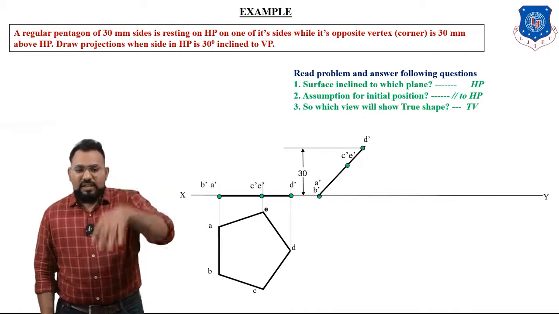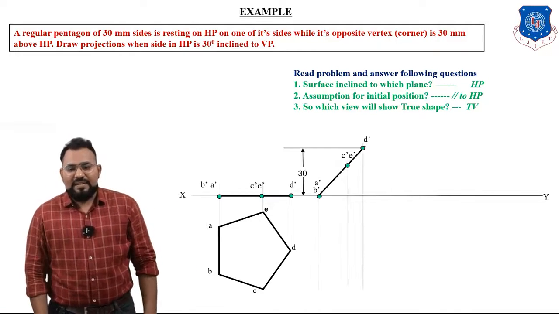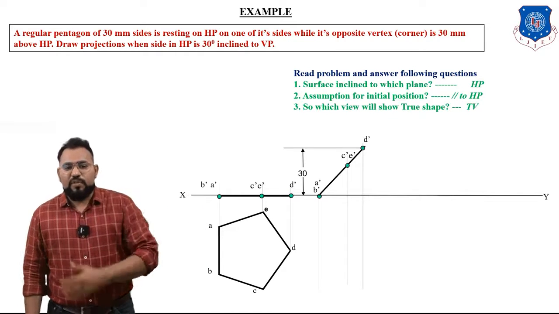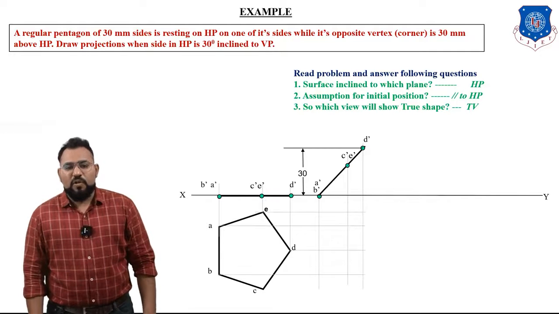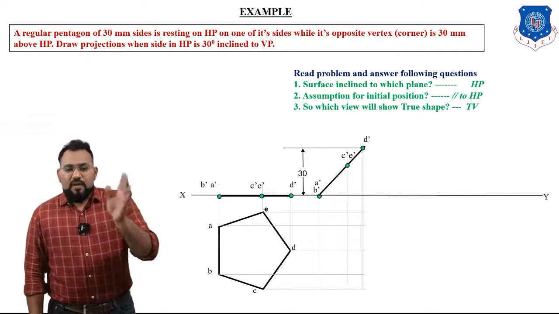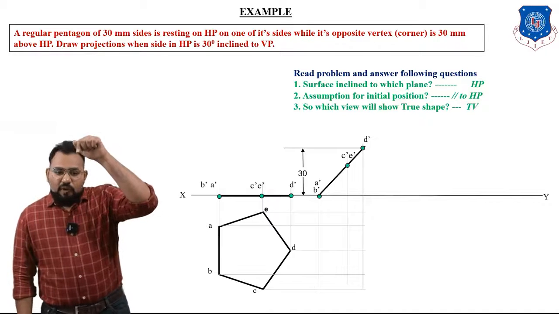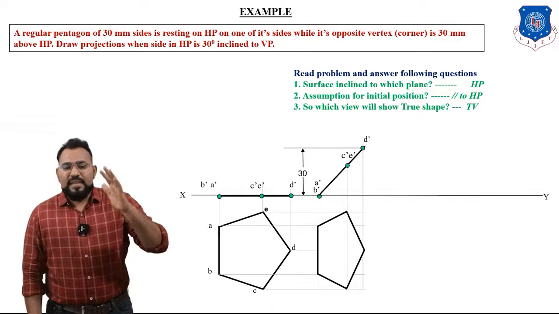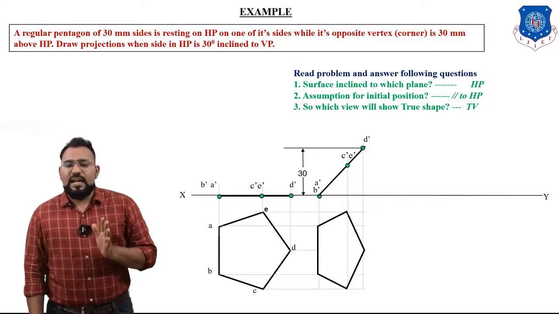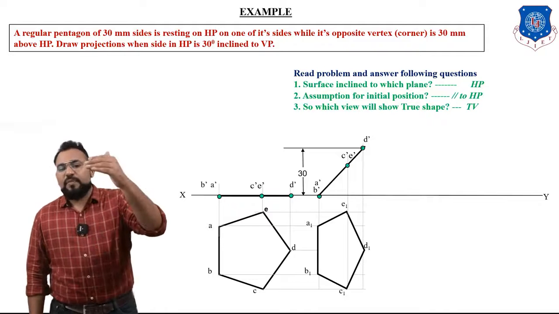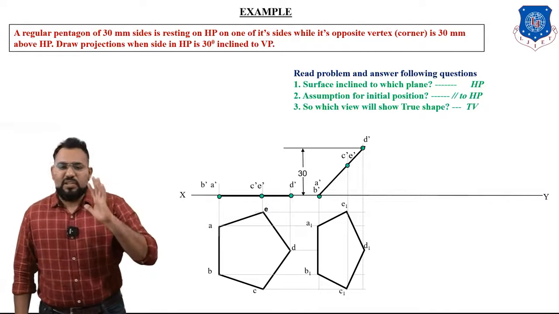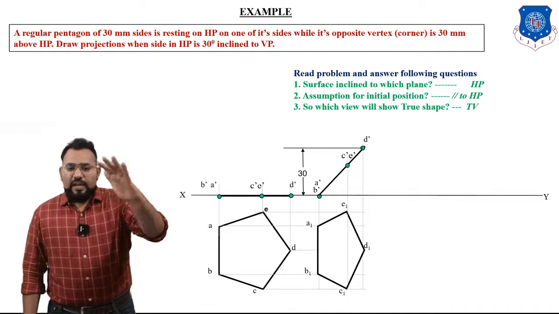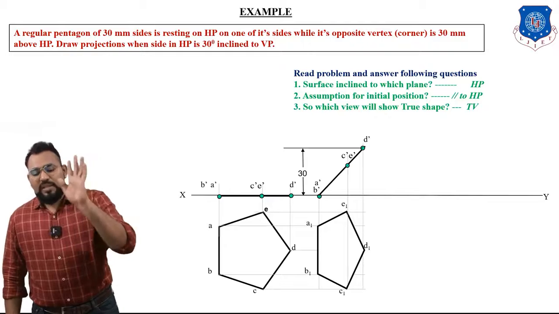Now what we will do, we will take projection in downward direction from every point like this, like this, like this, and from the top view of the first stage we will take horizontal projection like this from every corner. Okay, so you know that whenever the projection line coming from A dash and the projection line coming from point A intersect, it will be our point A. Same for the point B, C, D and E. So this is how you're going to derive all the points. Here you can see point A1, B1, C1, D1 and E1. Choice is yours. Either you can write A, B, C, D, E, or you can write A1, B1, C1, D1 and E1, and connect all the points and you will get the top view of the second stage.